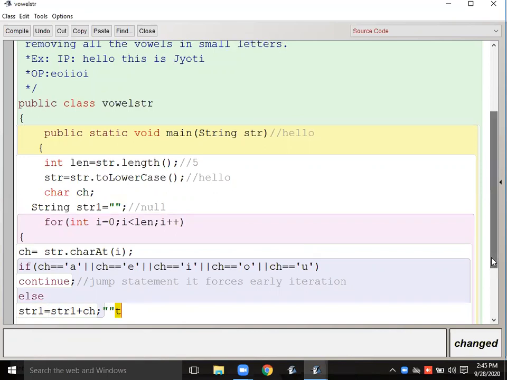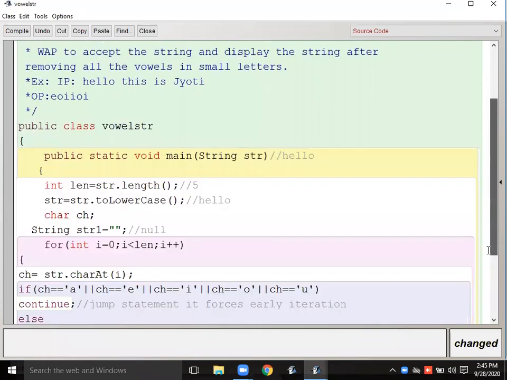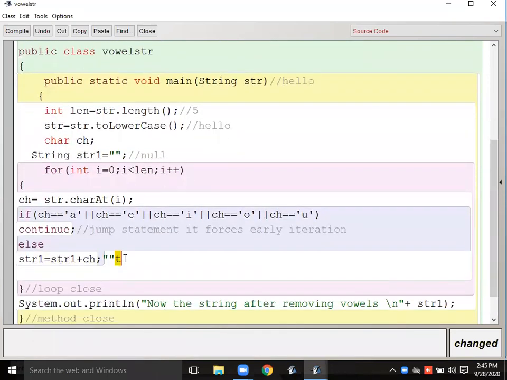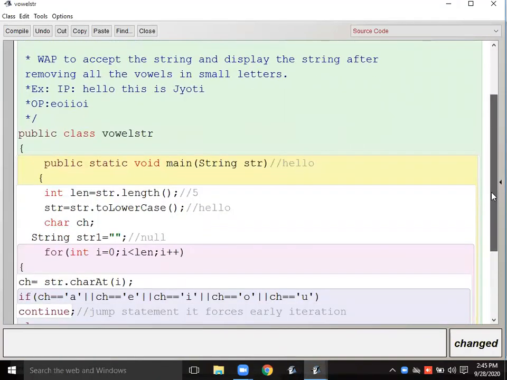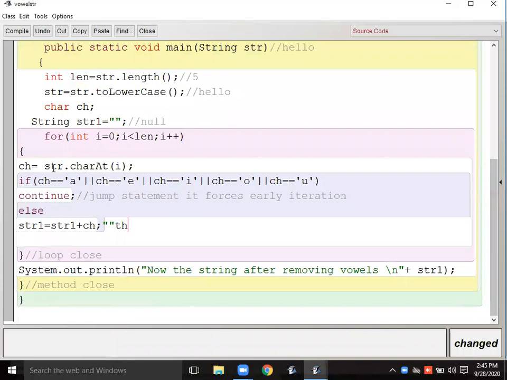Then the second letter is going to be fetched. The second letter is H. So again in str is T and ch will be H. So TH, right? Then next is I. So this vowel condition is going to be true. If the condition is true, it's written continue over here, so it will go to the iteration part. Execution will come to the increment part.